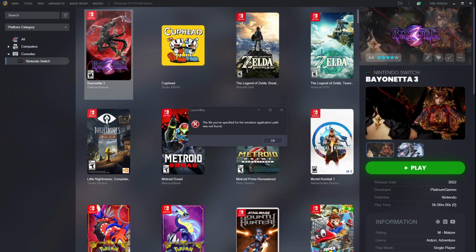All right, so today we're going to look at what to do if you've got a LaunchBox installation that, when you try to launch games, you're getting this error. This error is "the file you specified for the emulator application path was not found." This will typically happen if you have set up a custom emulator, such as what you see here, the